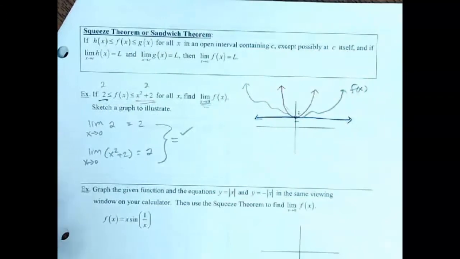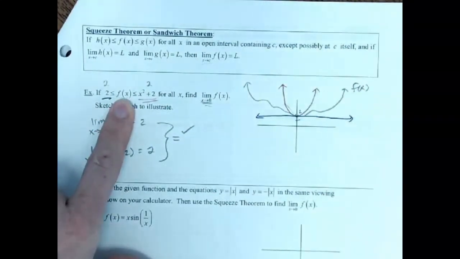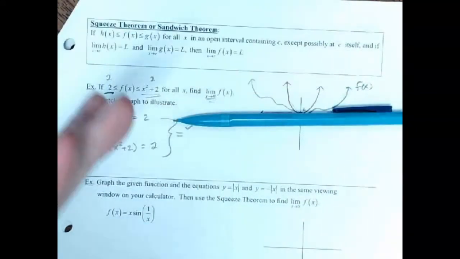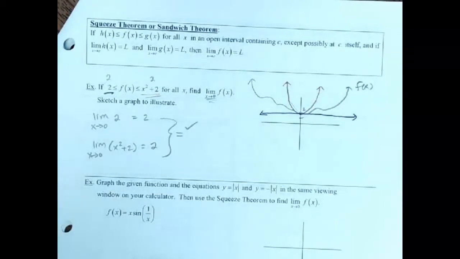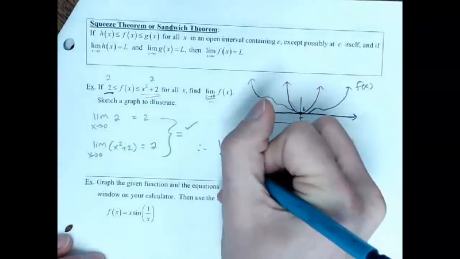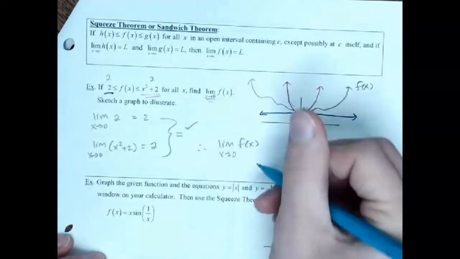So what do we think must also be true about this middle unknown function? Well, if the bottom and the top function meet, if they squeeze together, well then that function in the middle, f, oh, someone's honking, they're mad, then that function in the middle must also go through that same